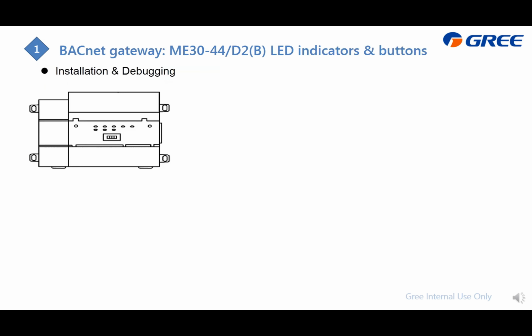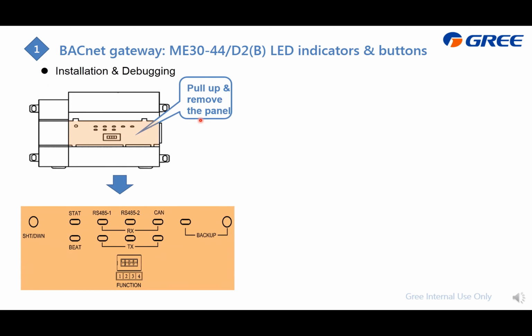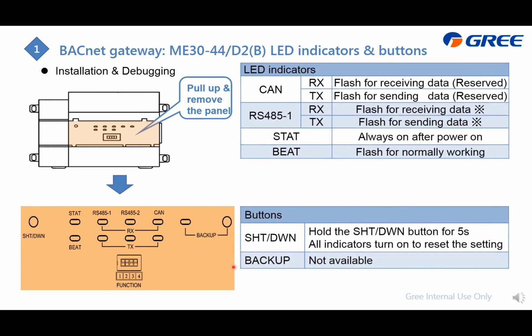And here is the detail. You will find it from here. There is a panel. When you put it up and remove it, you will see the indicators. And here is the dip switch. First, the CAN is no use, and we just focus on this